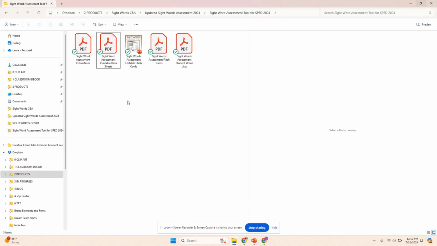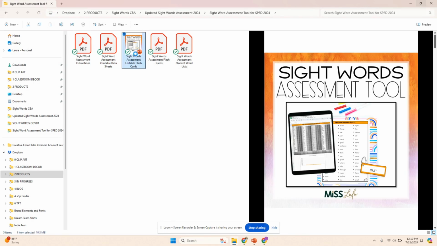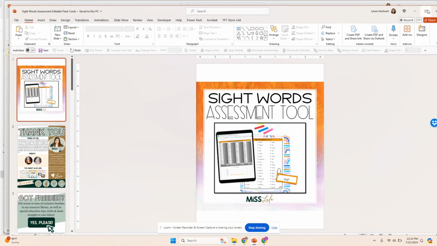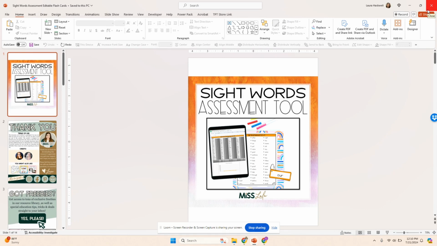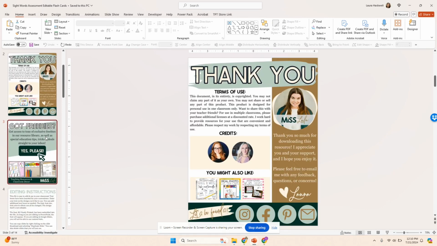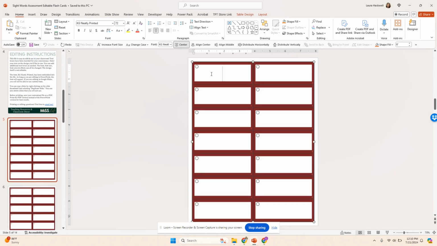The next file is an editable PowerPoint file. The font is embedded in this file, so it will match the other flashcards as long as you're editing in PowerPoint. There are also tables built in so that you can quickly type and tab over to the next column and row. Again, this is included so you can customize your flashcards to align with student IEP goals, grade or school required